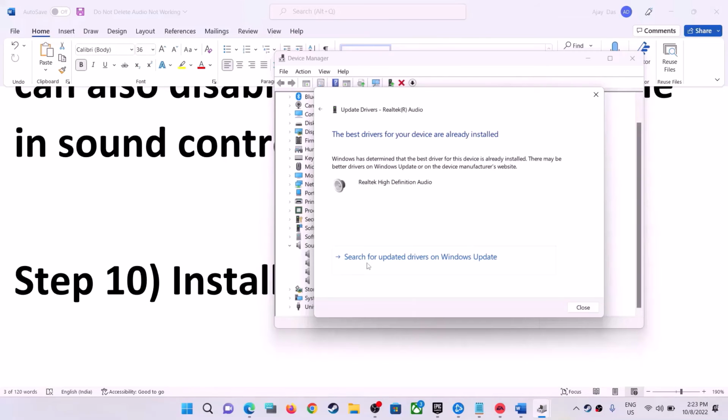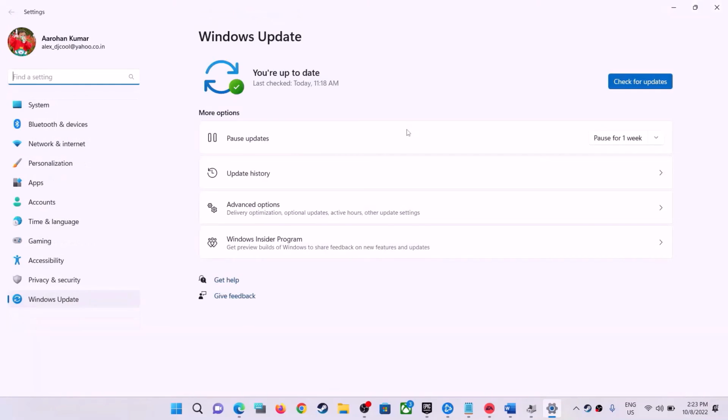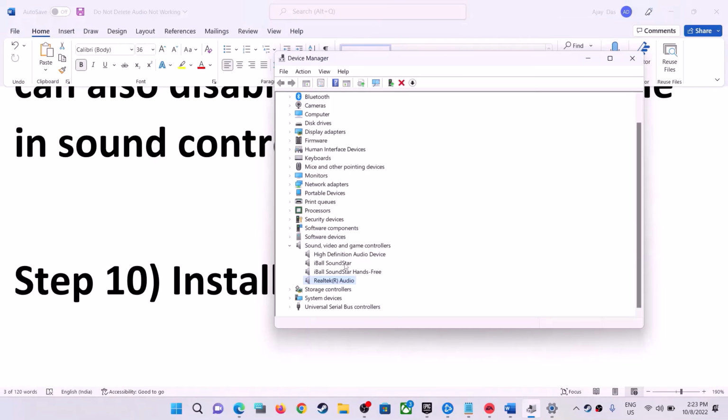If that does not work, then click on search for updated drivers on Windows Update. Now this will launch Windows Update. Now if there is any update, in my case there is no update. So if you find any update, install it, restart your computer and then launch the game. Still if you're facing the problem, then make a right click on the speaker and then click